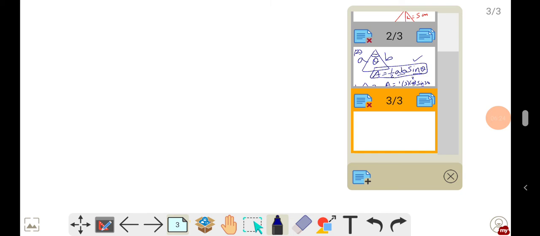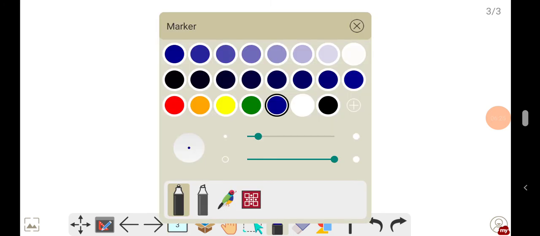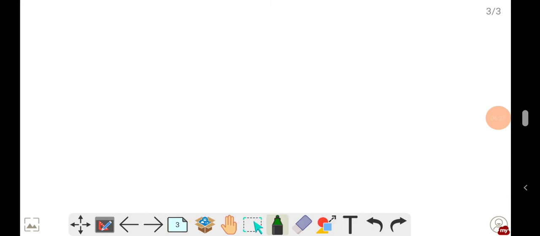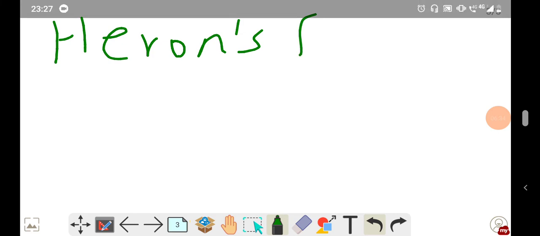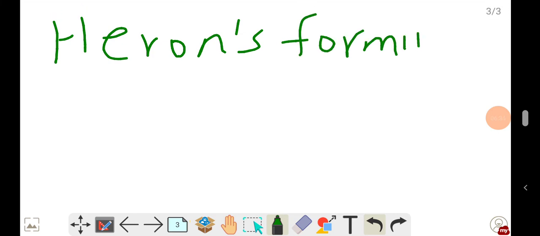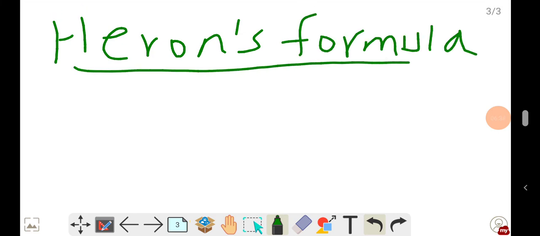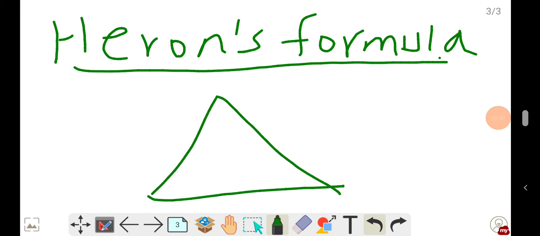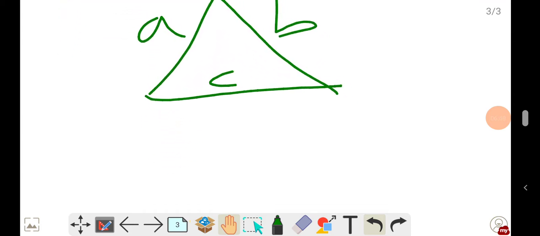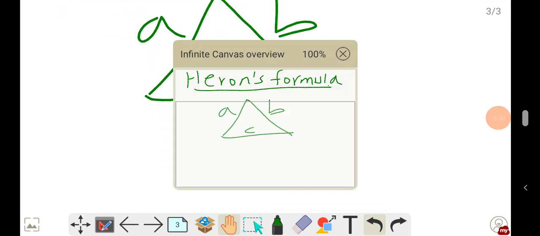The last possibility, we call it Heron's formula, after the mathematician Heron. Heron's formula works if a triangle is given to you and all three sides are given, like A, B, C. There is no angle, there is no base and height, simply all three sides are given to you. This time, the formula to find the area of the triangle,